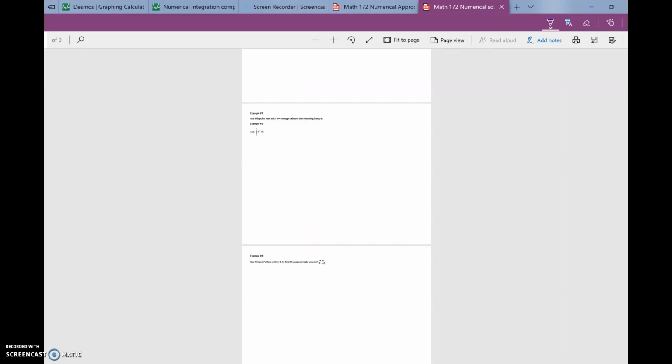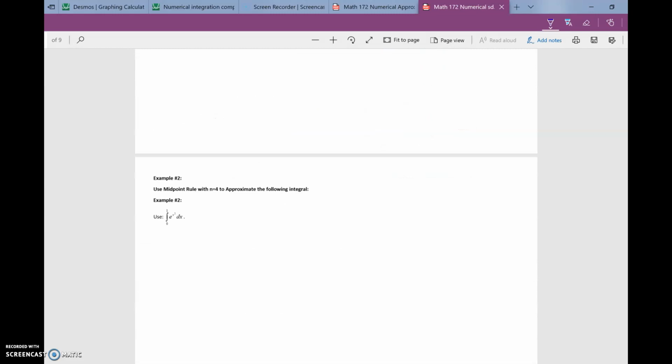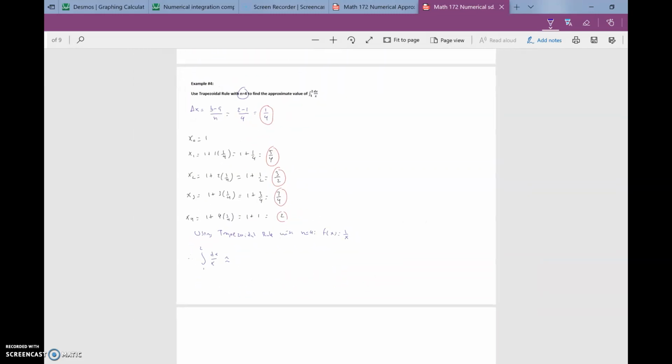And then the formula for trapezoidal, it simply has the 2n. So b minus a, so in this case, 2 minus 1,